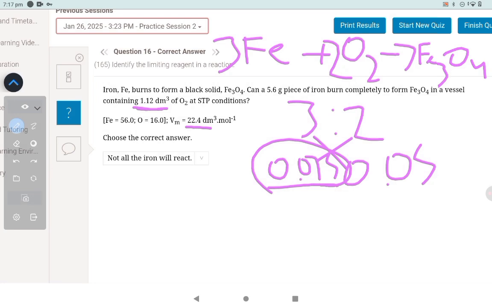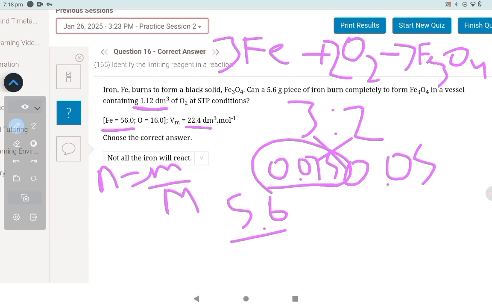We know that n is equal to m over M. Mass is 5.6, and we're finding the moles of iron. 5.6 over the molar mass, Fe is 56. No need for 3, that's a coefficient. So just 5.6 divided by 56, you get